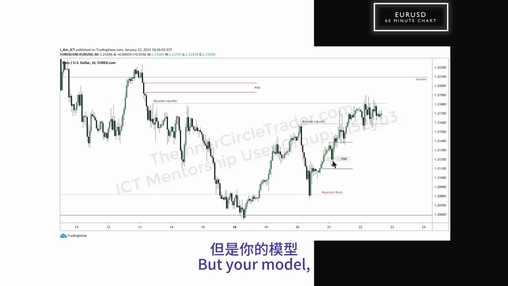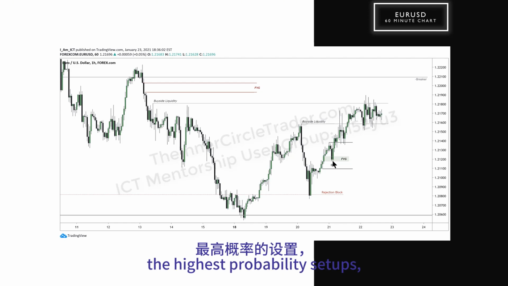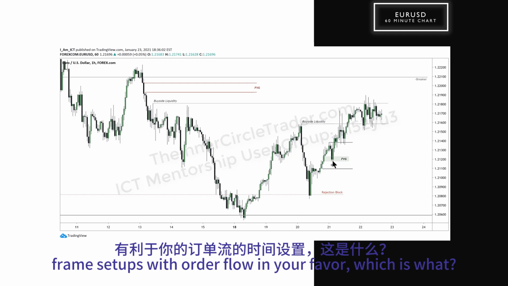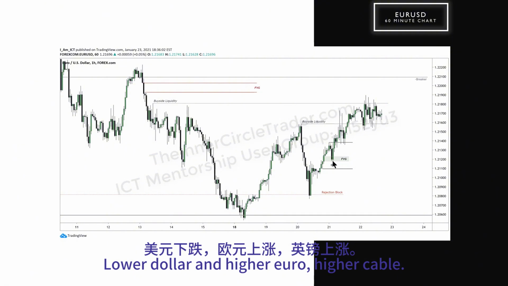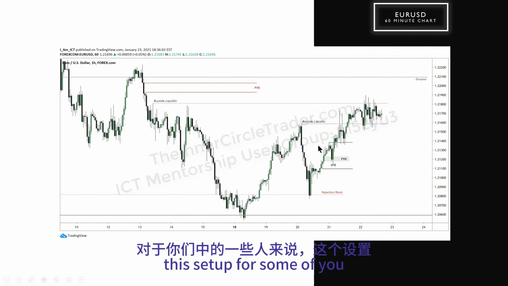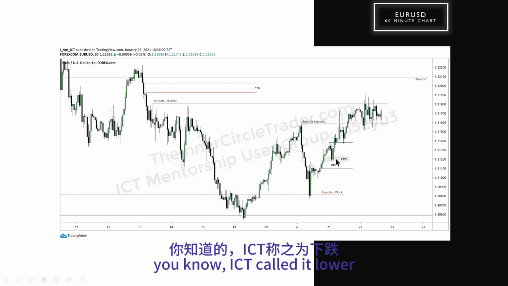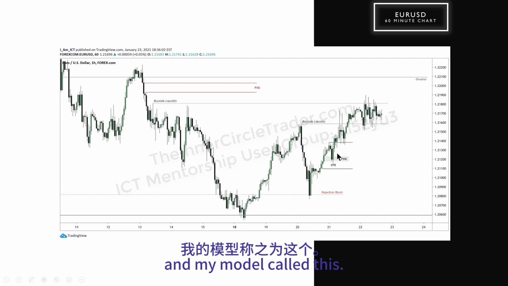But your model, because you're focusing on what I teach in terms of the highest probability setups, which is higher time frame setups with order flow in your favor, which is what? Lower dollar and higher euro, higher cable. So in those instances, this setup for some of you is the choicest of, ICT called it lower, and my model called this. You see what I'm saying? So it gives you that,